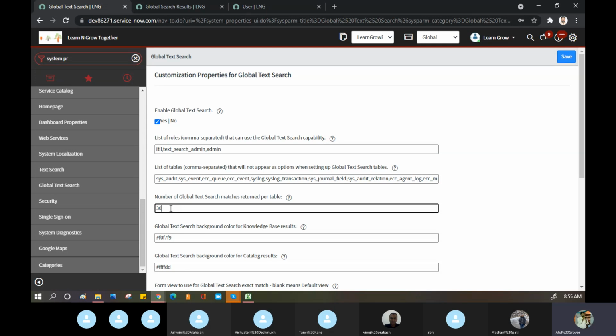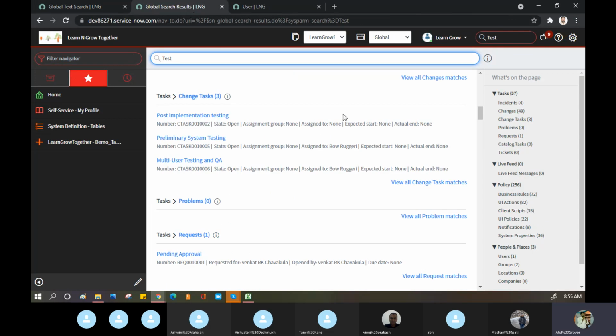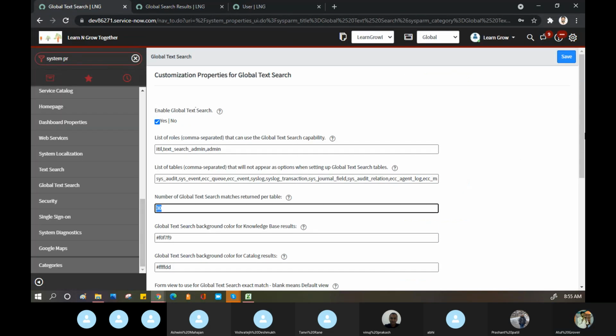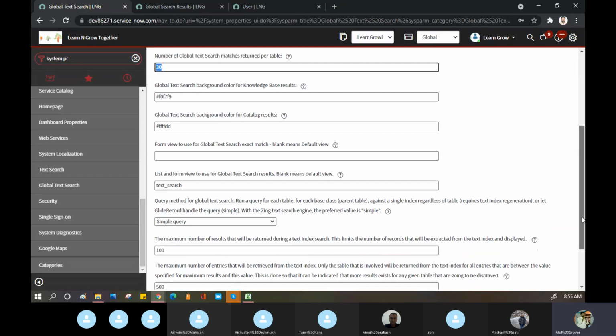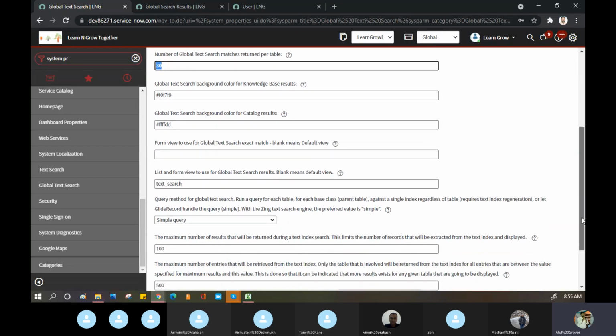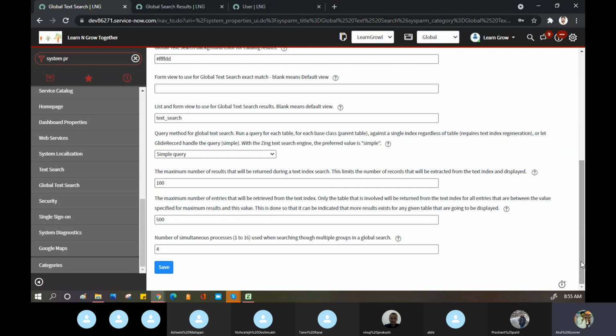But the more this count is, the more it will impact your performance to load. So better keep it less. 5 to 10 is a good one. Okay, that's it. A few things which you can do, the CSS changes you can do at your end. That's a very simple thing. Okay. And yes, so this was what we wanted to discuss in global search.